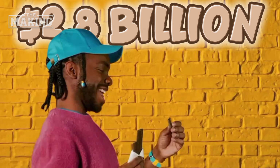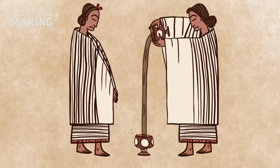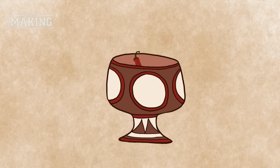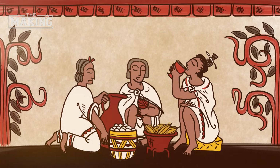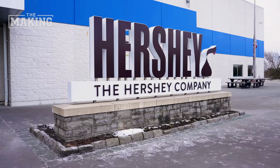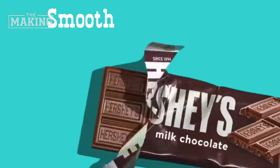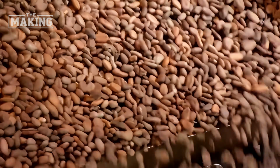Americans buy over $2.8 billion worth of chocolate every year, but for centuries, nobody ate it. The Aztecs drank it cold, mixed with chili peppers, bitter enough to make you wince. The solid bar did not appear until 1847. Today, this factory turns raw cacao beans from West Africa into smooth, snappable bars, and the journey starts with a